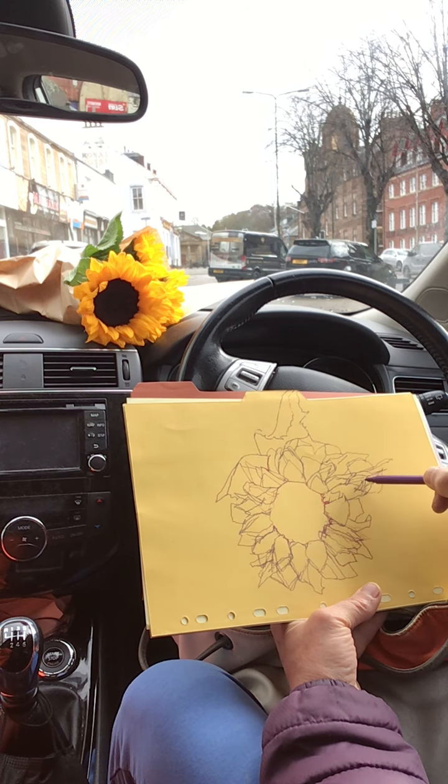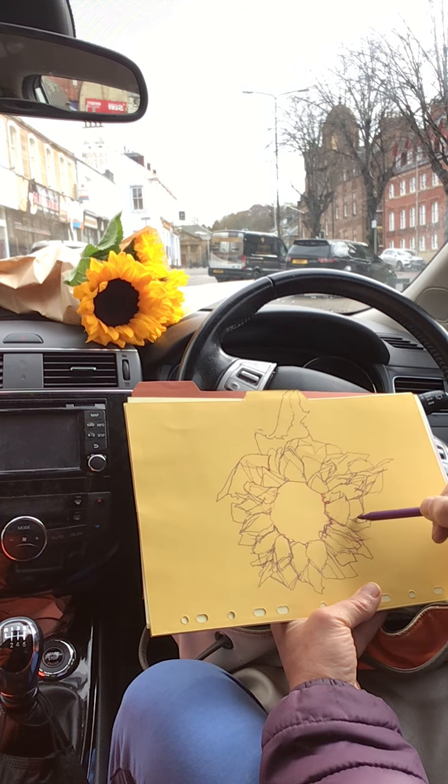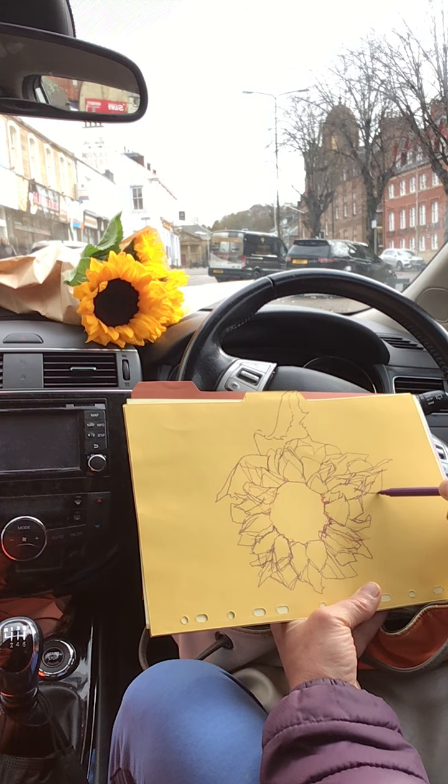And there are quite a few different irons in the fire at the moment, with commissions and demonstrations and teaching, and I haven't got in touch with the artist and illustrator, but I wouldn't mind doing another article for them as well. And just quite a few different things that I want to,